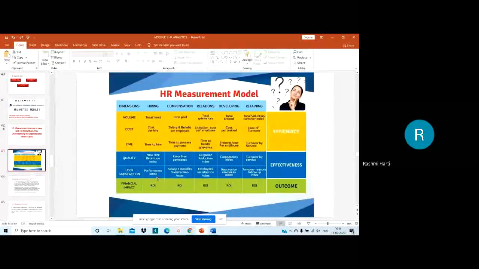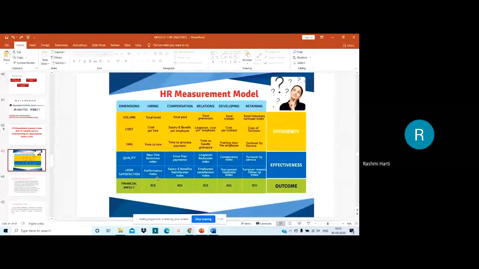Then turnover reasons: understand why the employees are leaving the organization. What is the turnover, right? If it is very low also, still people are leaving the organization. Why are they leaving? Is there something which is messy within the organization? Try to sort out that particular issue and see to it that the turnover ratio is very low, right?